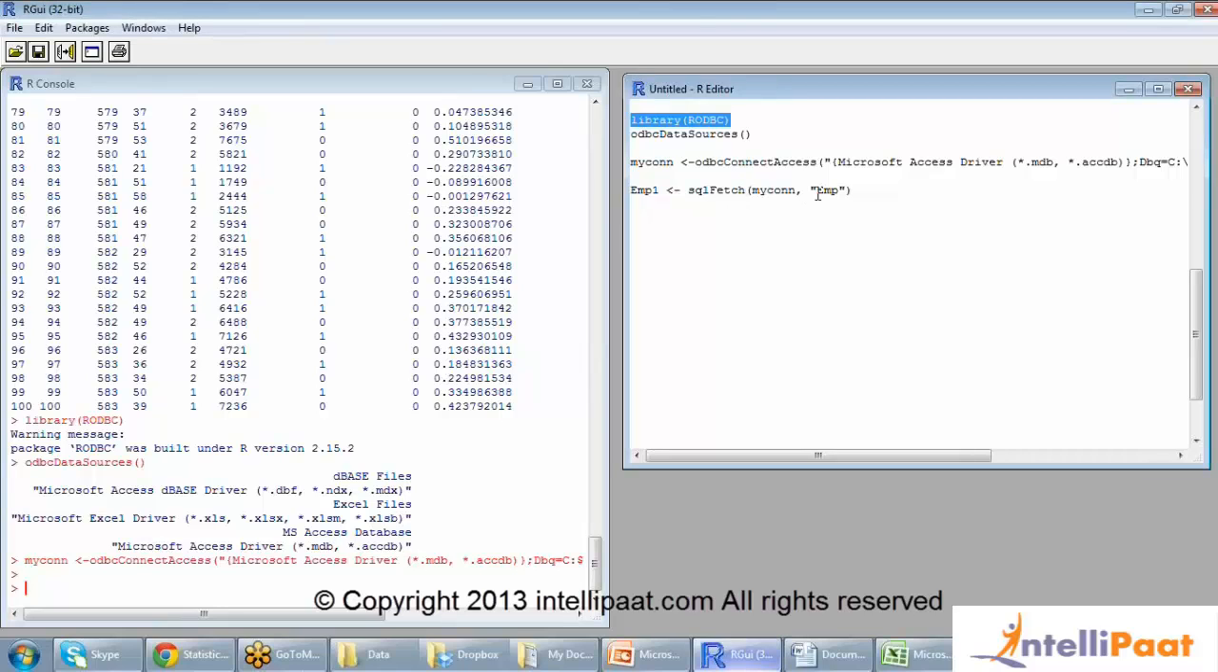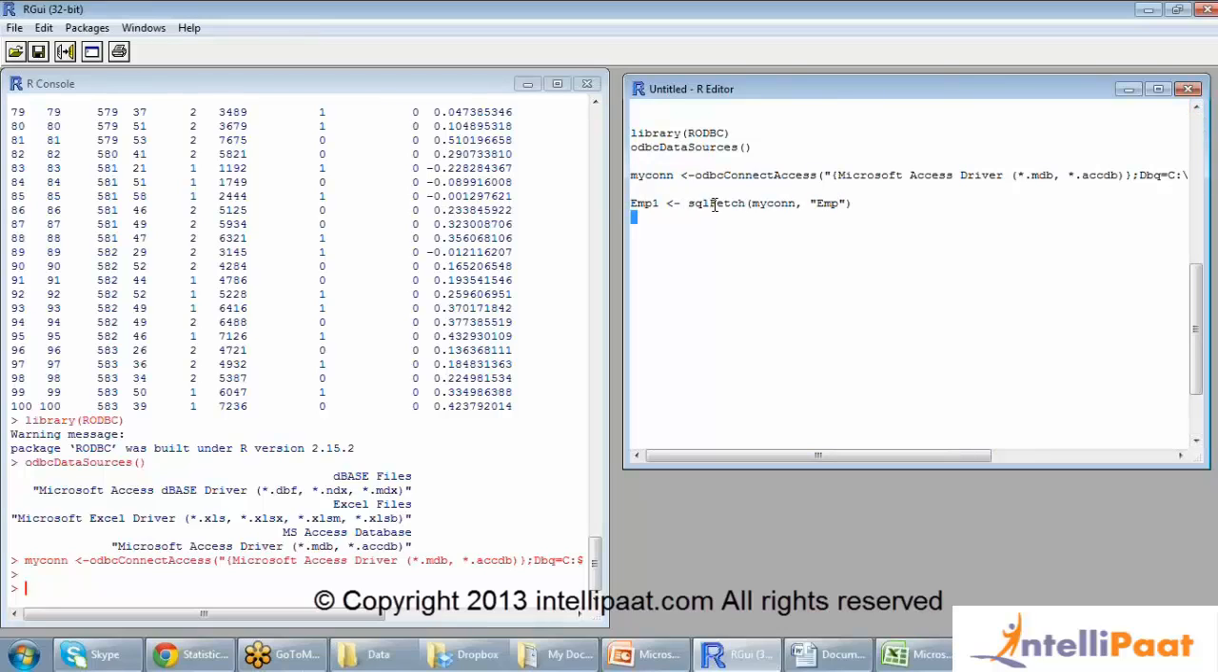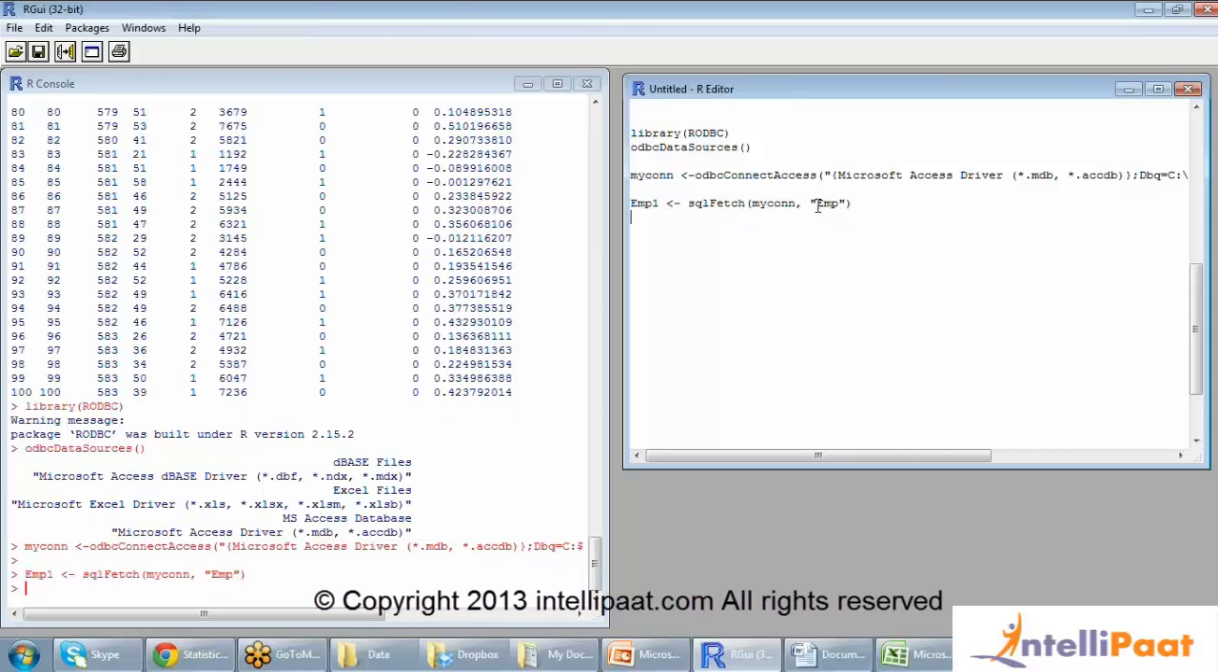Okay. So I want to query EMP table, my EMP table in my access. So the function to be used over here is SQL fetch, where the first argument is the connection string which you have created, and the second argument is the name of the table which you want to query. As I run it,